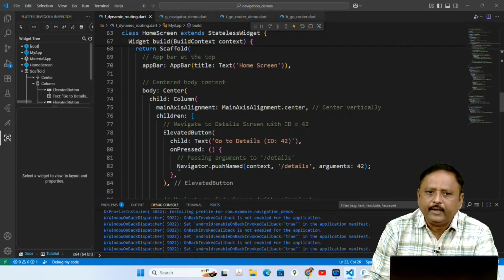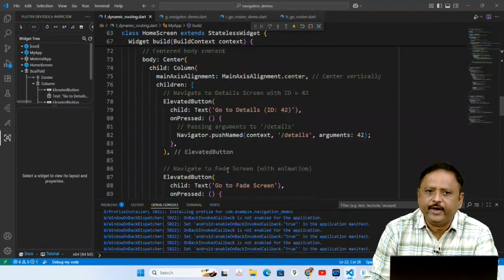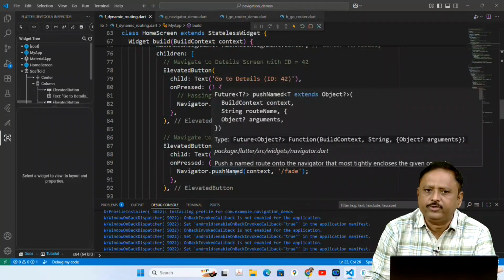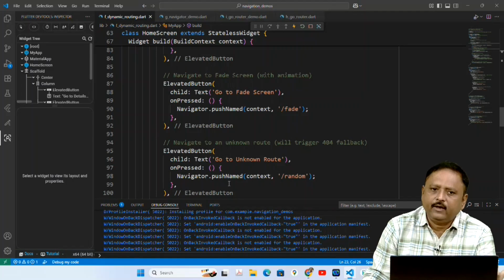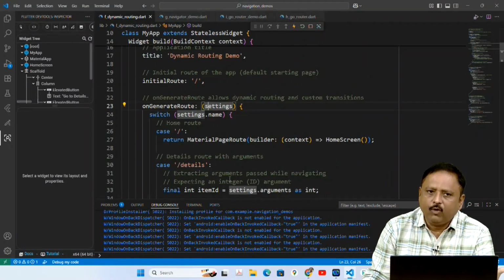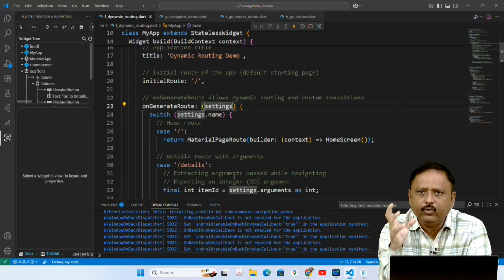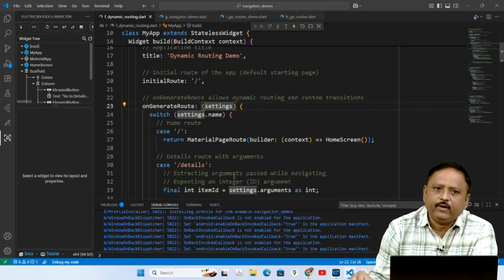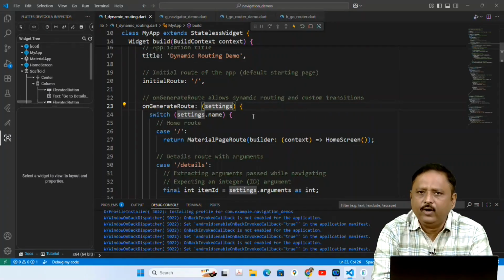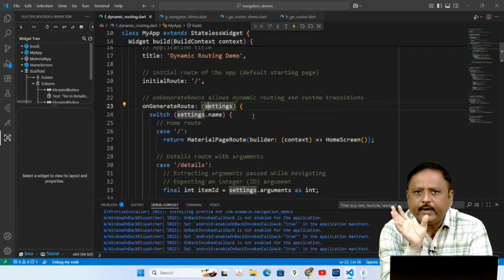Here you can see that the first button calls Navigator.pushNamed, the second button, and the third also call pushNamed. In the earlier case it called whatever route was defined in routes. Here in this case it calls onGenerateRoute, which is automatically called whenever you use the Navigator.pushNamed method inside your code.